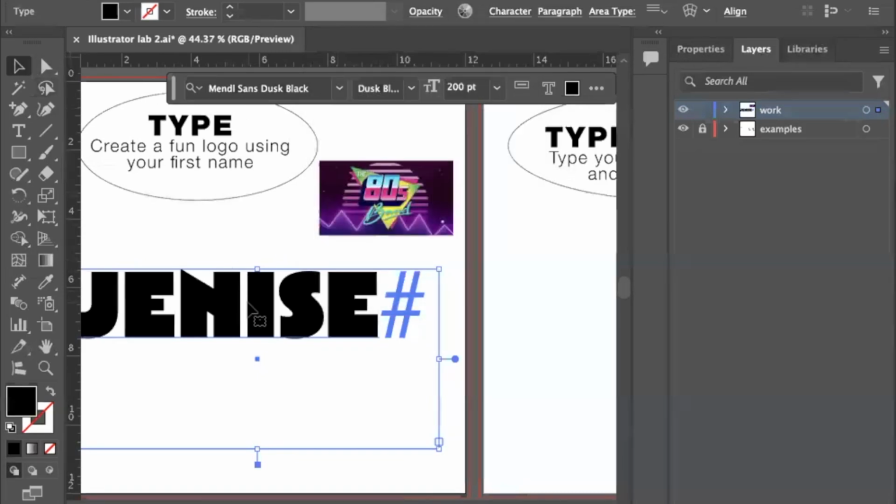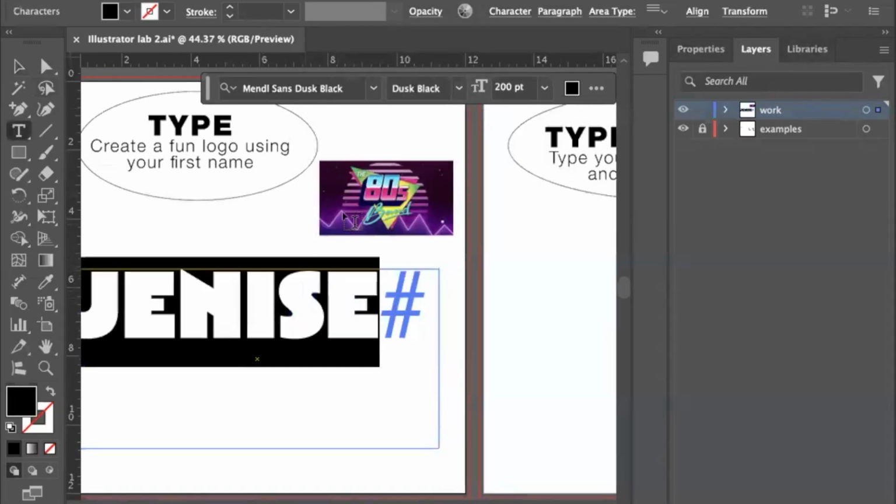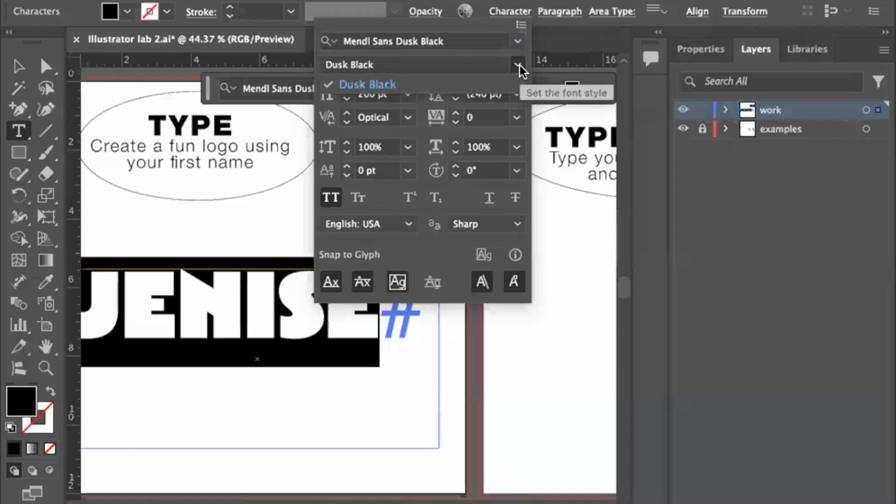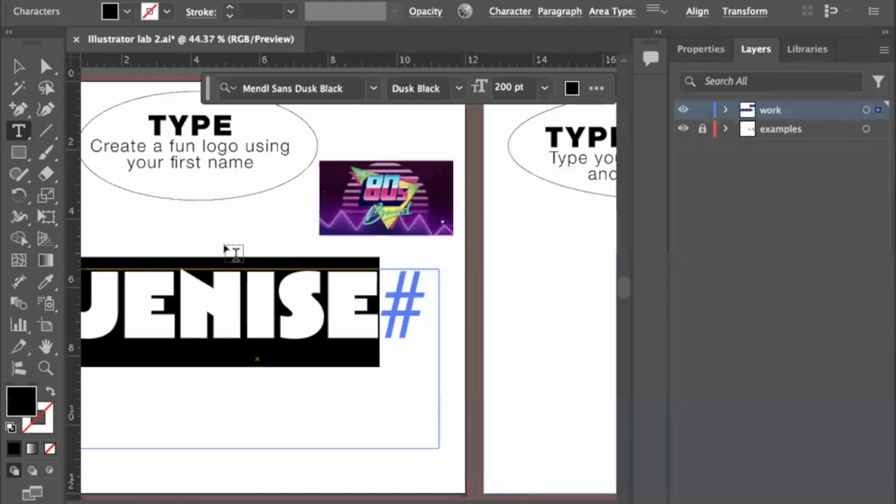Now, black does not refer to the color. Whenever we're talking about the style of the font, black means that it's really, really thick. That's it. You can change the color. It doesn't have to be black. And so all of this is set the way I want it. So I'm going to use this font